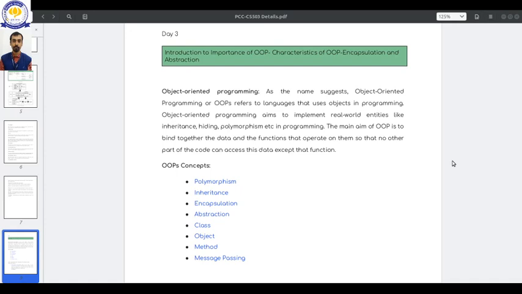And if you remember, in the last classes we discussed that we are able to bind the data and function together and transport it to a different part of the program. So when you transport it within your computer or outside your computer, when you transport the class, a user will be able to see your data, so your data will have no security.